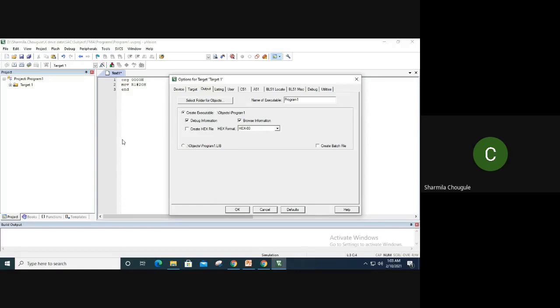The folder where we are going to store this program will have one object folder. See here, object folder. In that object folder you will have all this information. It will have the .c file, it will have the .hex file, and even the assembly language file. So if you want the hex file, you just have to tick this one. Okay, got it. Next, the third important thing is this debug option.